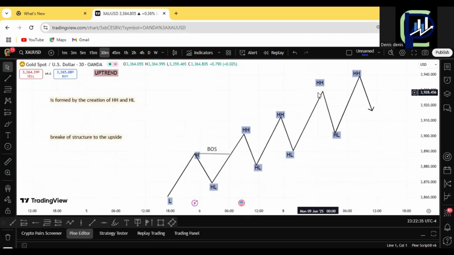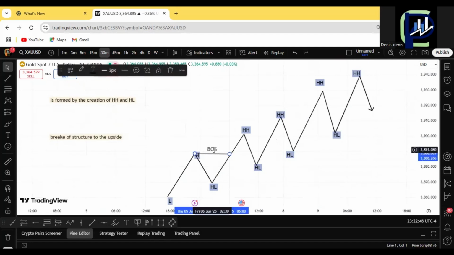But now there's something very important. For this higher high to be formed, we must break above this high. That's what we are calling the break of structure. This BOS is break of structure. So as long as we move above the previous high that has been created, we create a break of structure. And then after breaking structure, then we go and create another higher high. And then after that, it